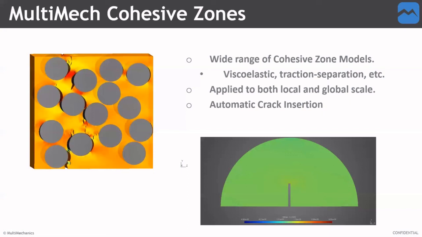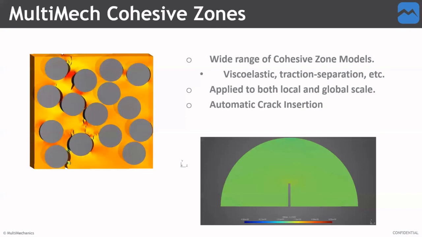The next question is, what are the inputs for crack initiation and growth? Can you answer that question, Hayden? Yeah, so the inputs for crack initiation and growth depend on what type of cohesive zone we're working with or what type of crack parameter. Like I said, we do have the traction separation laws that are classically seen. So if we're using a bilinear law, you would have to put in the same parameters that are used for a traditional bilinear law. So you have a certain traction stress that initiates the crack, and then also a separation law that